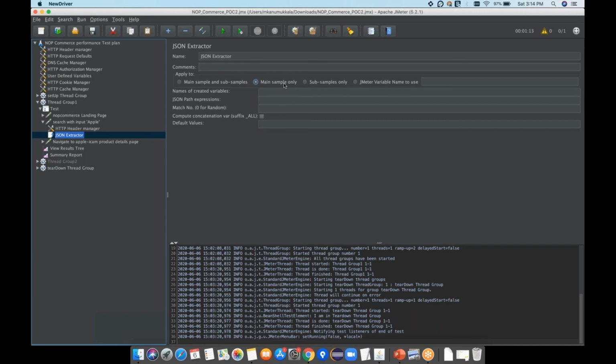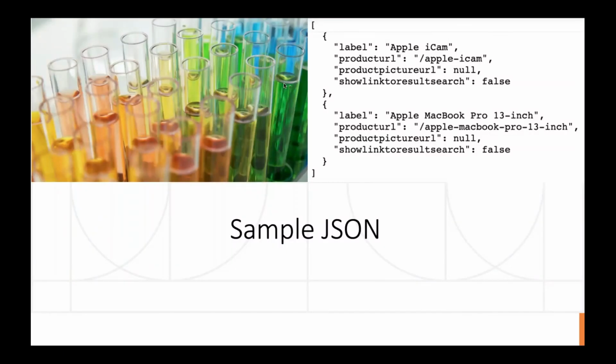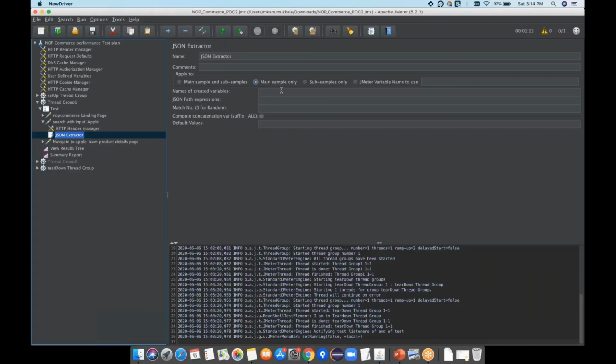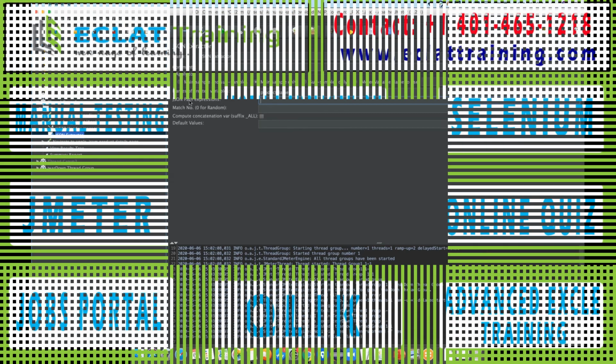Now what exactly do I have to extract? I have to extract the name of the product, Apple iCam or MacBook something. So I'll give a variable name, product name. This is a variable. And I have to write some JSON path. What is JSON